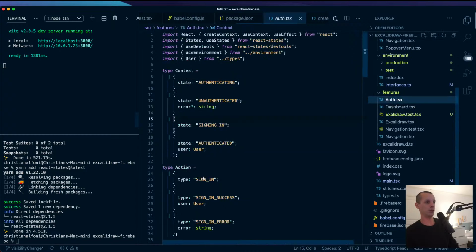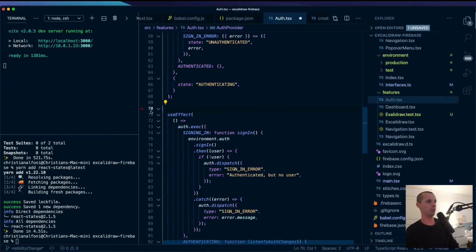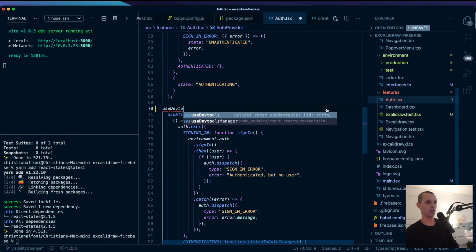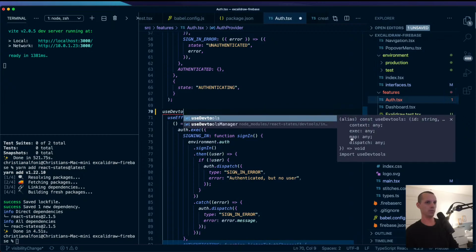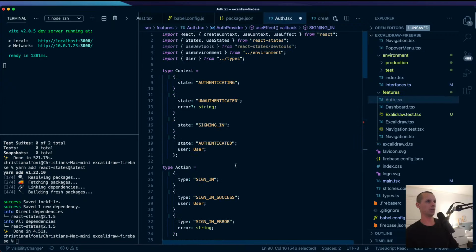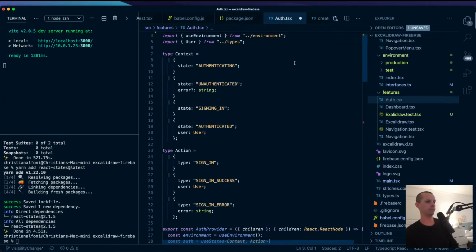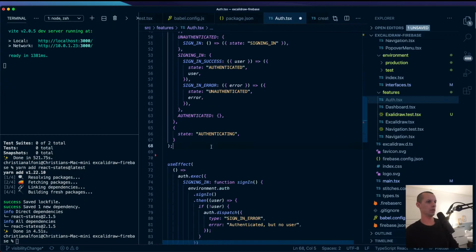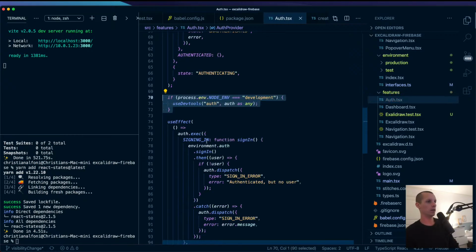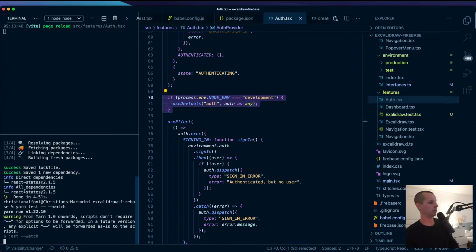And if I were to try to import useDevtools, can I see where it's trying to import it from? Use DevTools. Yeah, and it imports it from the right place. Good. And now the big test is, what if I run the test